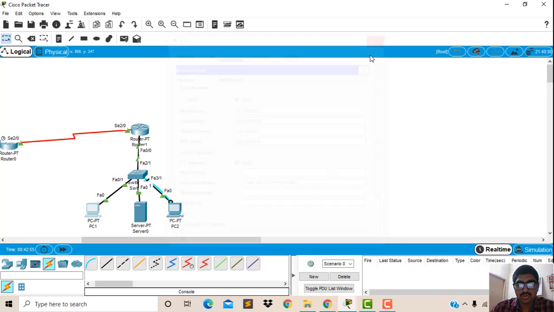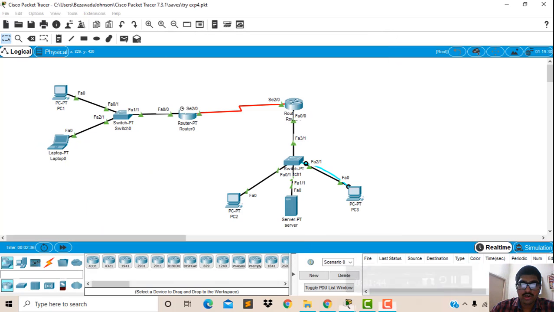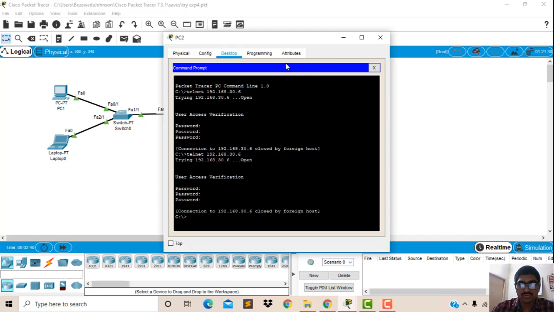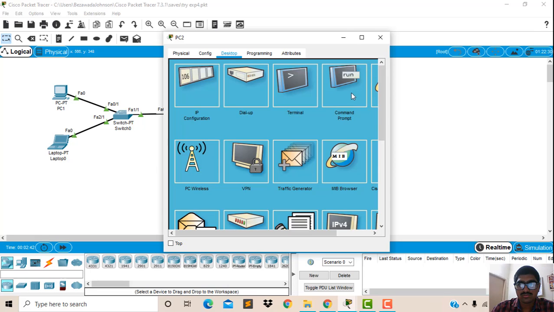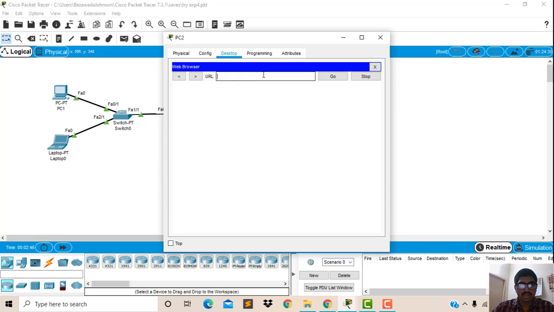Now to access this, now the server is responding to the PC2 or not. Now go to web browser and now enter this server IP address, that is 192.168.30.3. Is it 30.3?